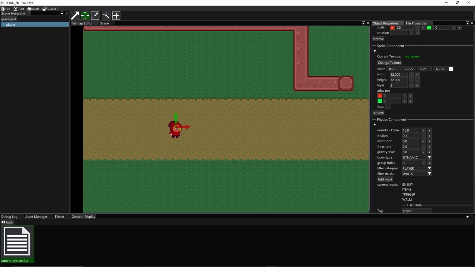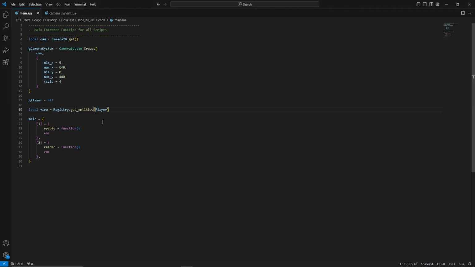Go back to our main.lua. So we have a view of all the players, and there's only one, but we still just want to go view for each entity that we have. We want to go function on that entity, and then we want to go end to close off our function. And because this takes a callback function, it's going if entity